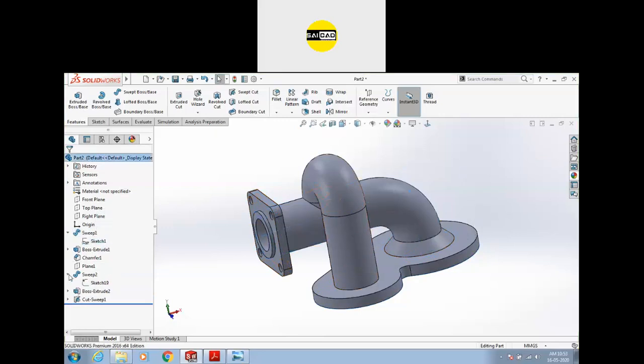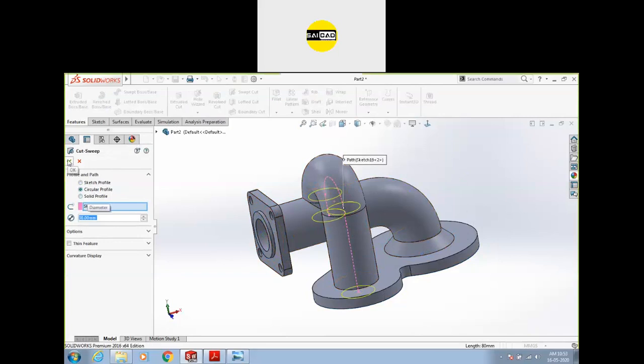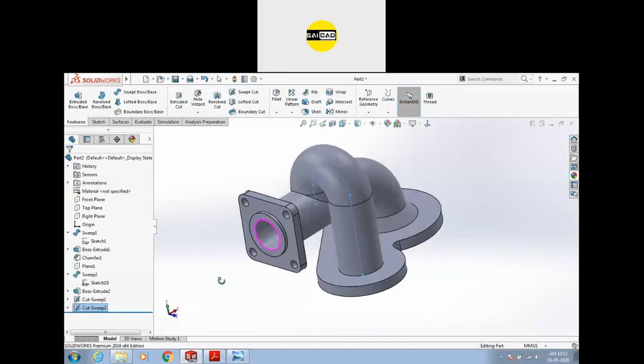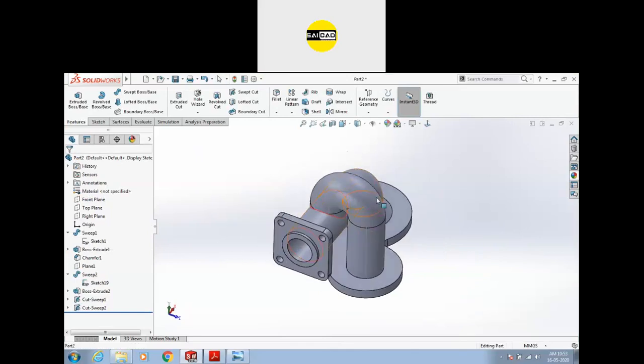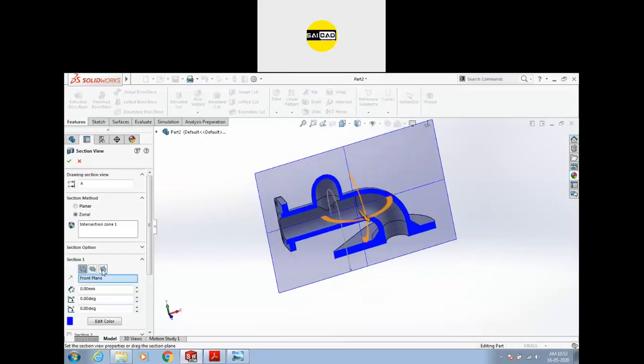Go to the second sweep, turn on the visibility, select the path, select the swept cut, select the circular profile, define the diameter, and you can see this object is hollow. To check from inside, we have the option of section view. Just click on here. You can see the section will be created automatically at a plane.